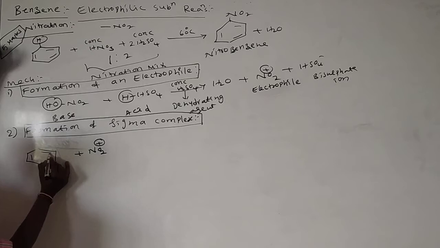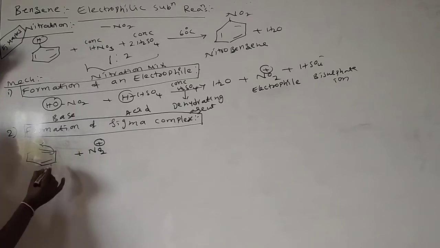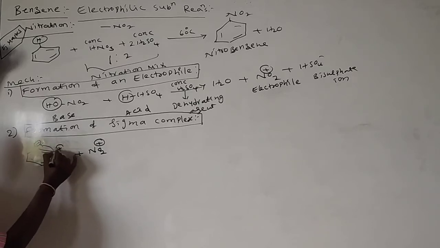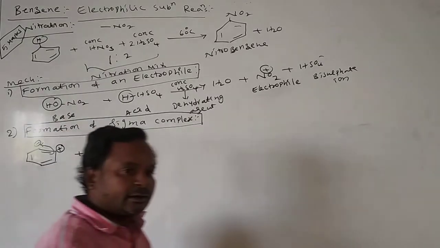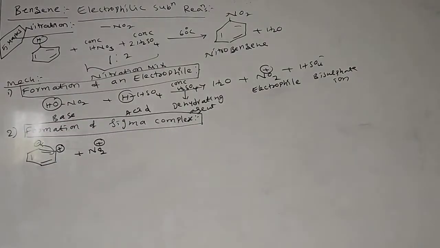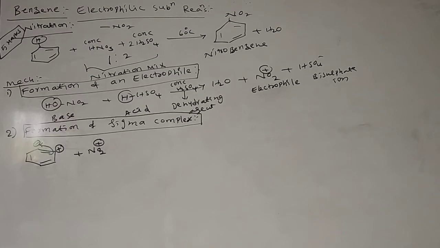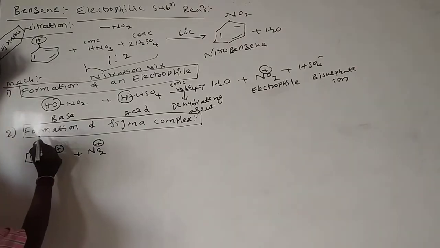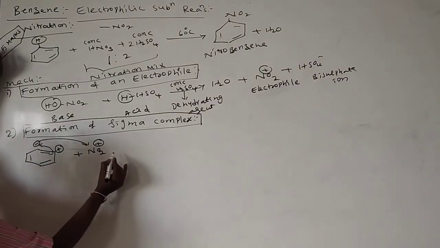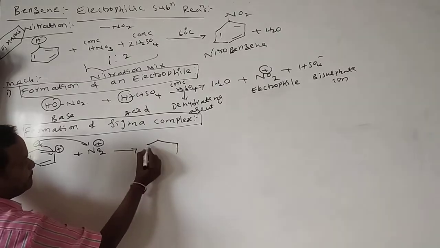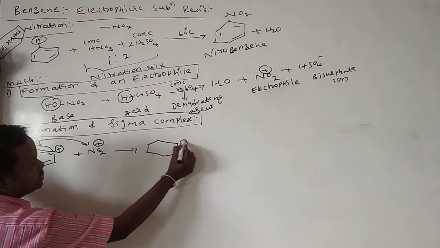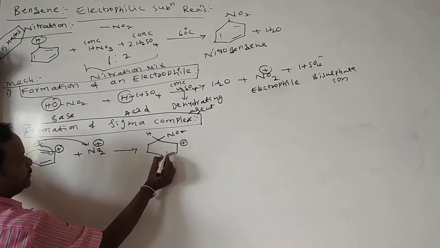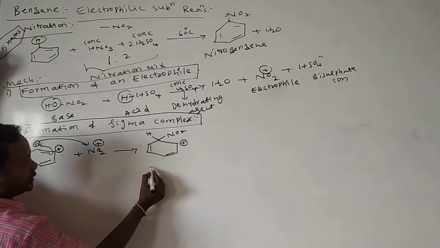First, these electrons are transferred, all are same. One of the electrons is transferred towards the benzene. Here gets negative charge, here gets positive charge. Here this negative charge attacks, then what happens? Here positive charge, already hydrogen is there, here NO2, here bond, here bond. This is one resonance structure.